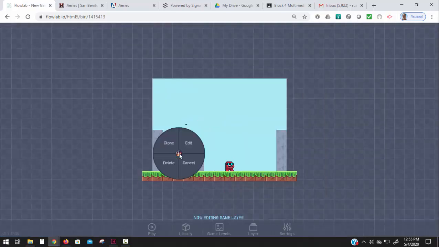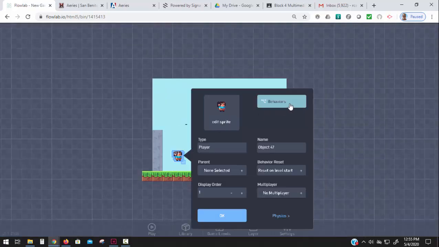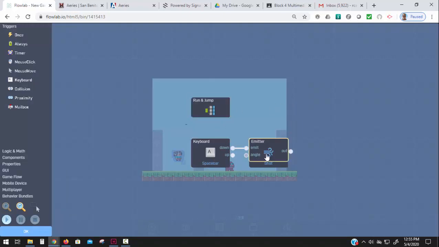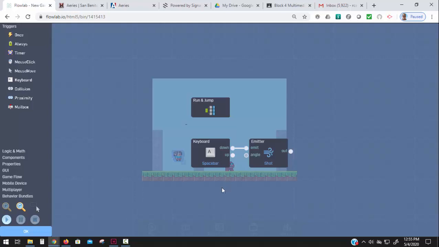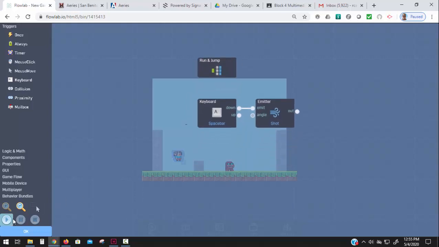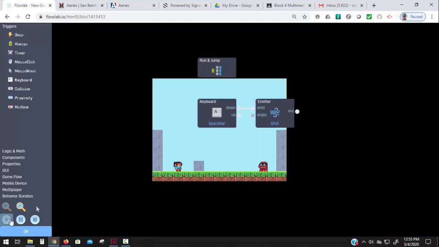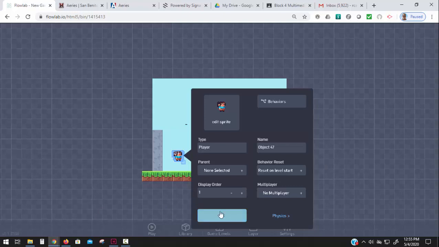So we got to go back to here, to the player, and open the behaviors. And the emitting, we need to rotate the object. So depending on which way it's coming out of, we want to rotate the piece. So now, shoot this way, works both directions. Okay? So we have a velocity on the piece. What we do not have is what happens when it hits something. So going back to the bullet,